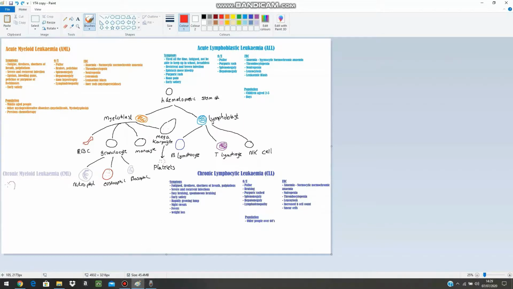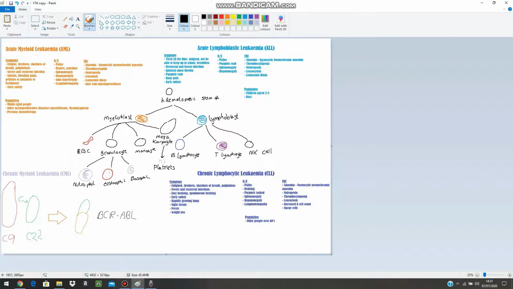Well, we get some sort of genetic mutation to our hematopoietic stem cell. And this one's actually very specific, so we get a translocation reaction, which is essentially when two chromosomes, in this case C9 and C22, merge together. So the top part of C22 and the bottom part of C9 go on to form this mutant chromosome known as the Philadelphia chromosome. Now, because they've now been put next to each other, it puts this very special region next to each other. And because of this reason, we actually get two genes being put next to each other. And this is known as the